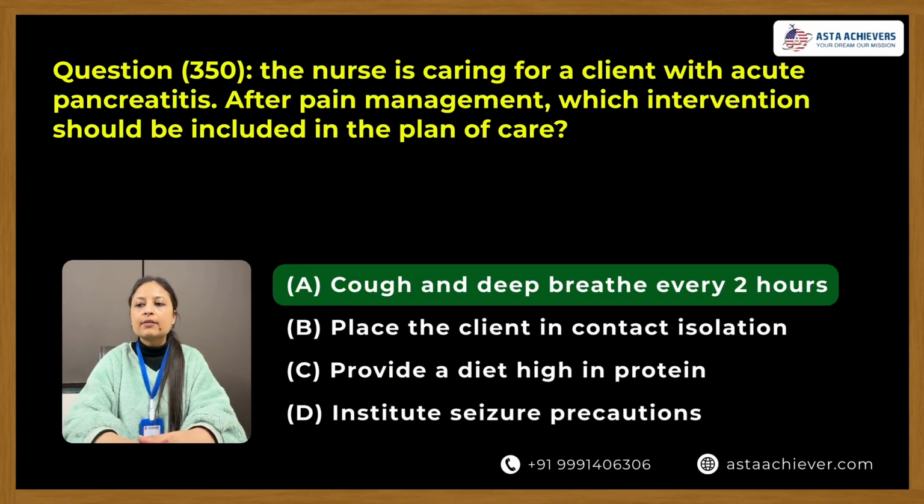So option A, cough and deep breath every 2 hourly is the correct answer, because respiratory infections are common because of the fluid in the retroperitoneum, which pushes up against the diaphragm and causes shallow respiration. So encourage the client to cough and deep breathe every 2 hourly, which will diminish the occurrence of further